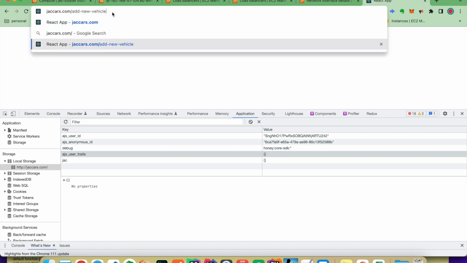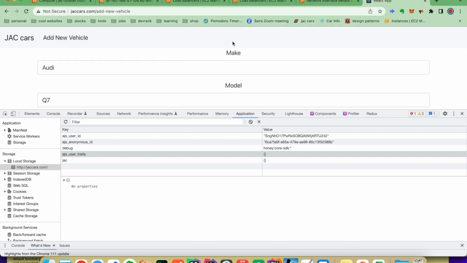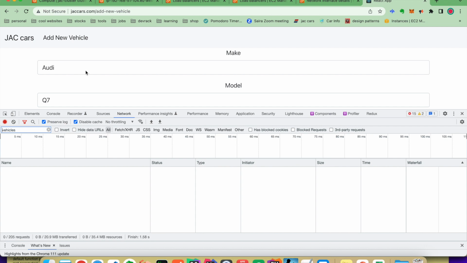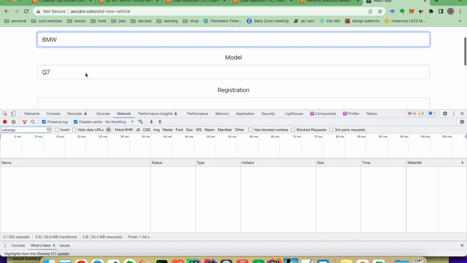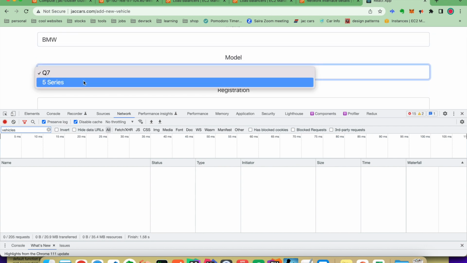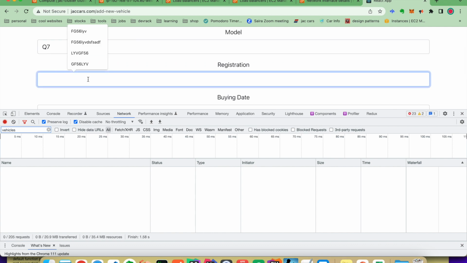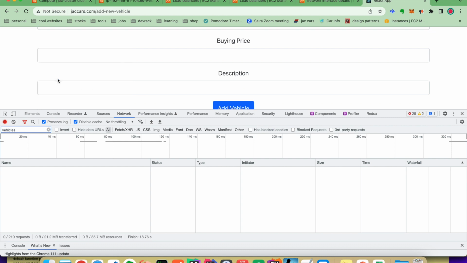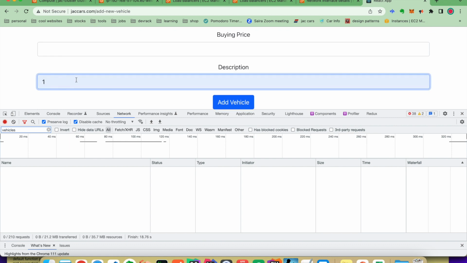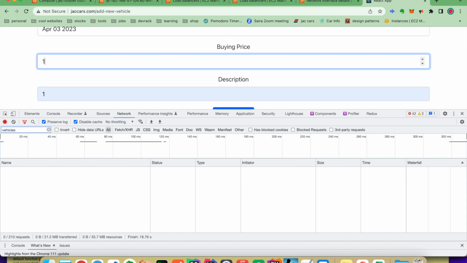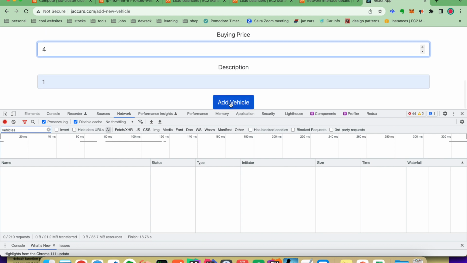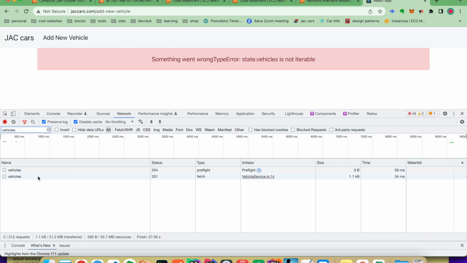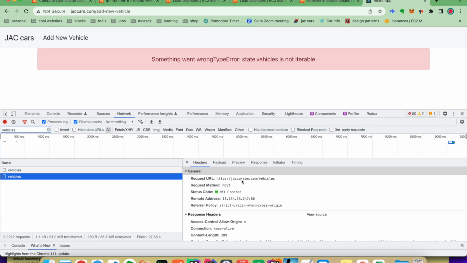to show here was that we have got our application being served from the front-end pod, and we can actually look at if it's able to save data in the database. 5, let's see, that's the registration number, buying date is 3, description is anything, price is anything, any number, add vehicle, and we can see here the request that is sent to